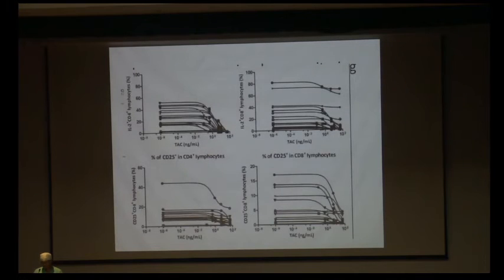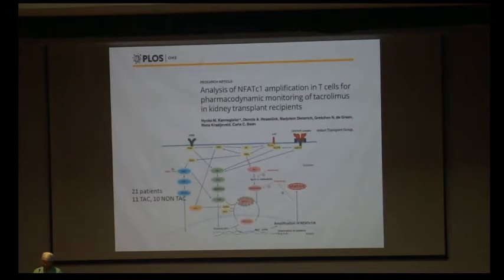What they found out was, as the level of tacrolimus increased, IL-2 plus CD4 lymphocytes decreased. Similarly, IL-2 plus CD8 plus lymphocytes decreased. CD25 plus CD4 plus lymphocytes decreased, and these were all in a dose-dependent manner. And CD25 plus CD8 plus lymphocytes again decreased. So what they postulated was, this is a better way of looking at how tacrolimus level should be monitored. Obviously it's costly and not easily available, but gradually, once commercial kits become available, they will be much cheaper.